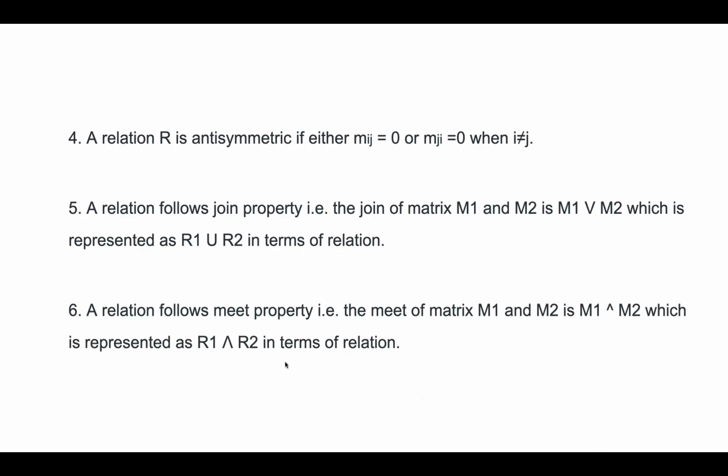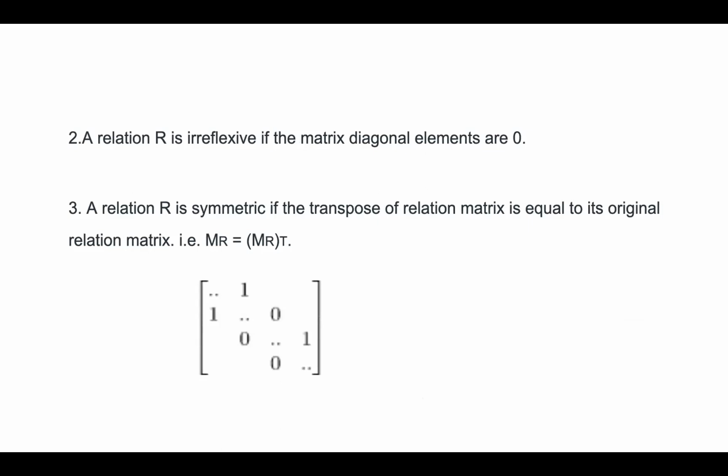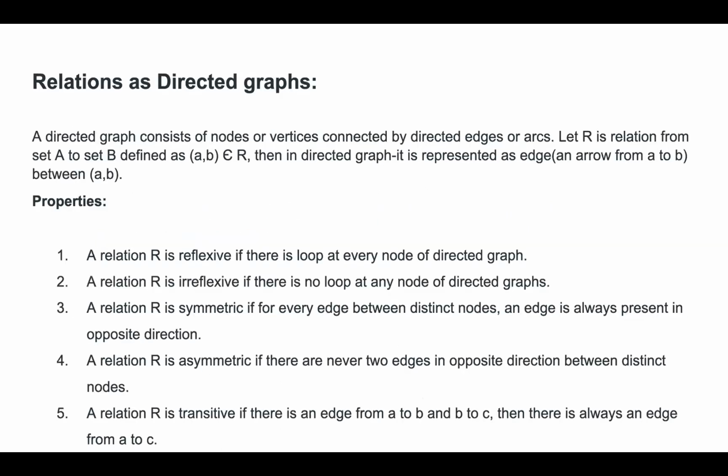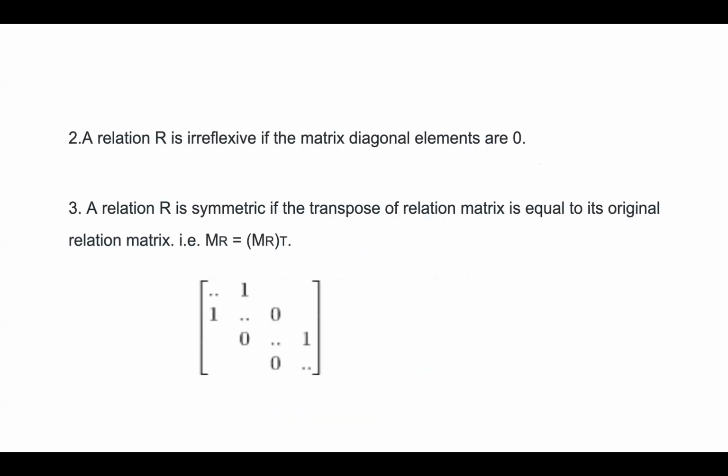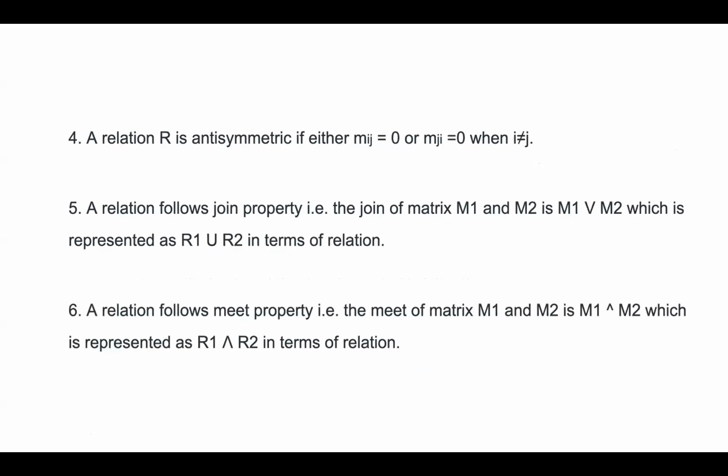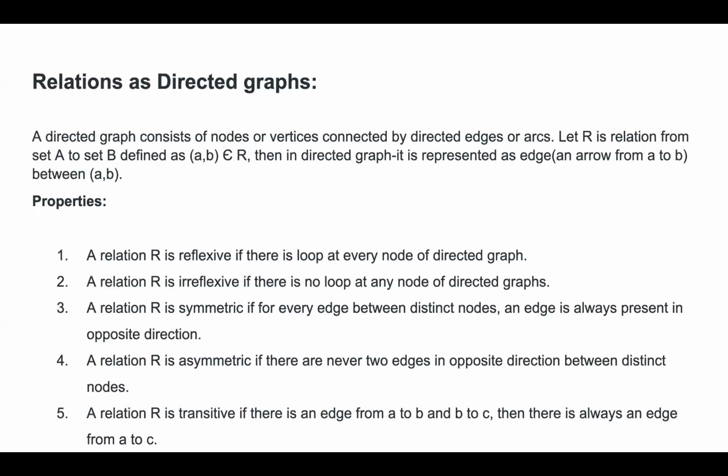Then what the next is? Relations as directed graph. Up till now, what we have seen, relations as matrices, and there we saw the properties of relations as matrices. There it was reflexive relation, then symmetric relation, and then join and meet. Okay. Now,